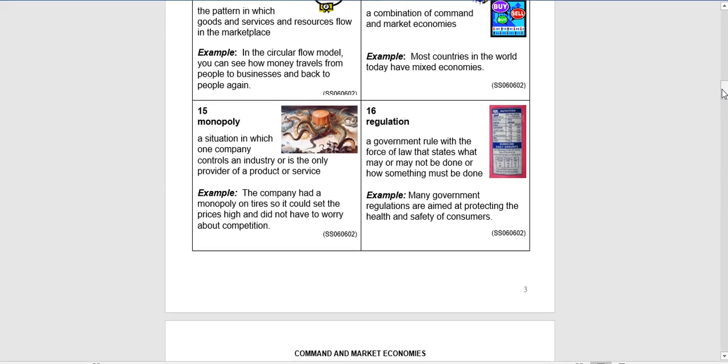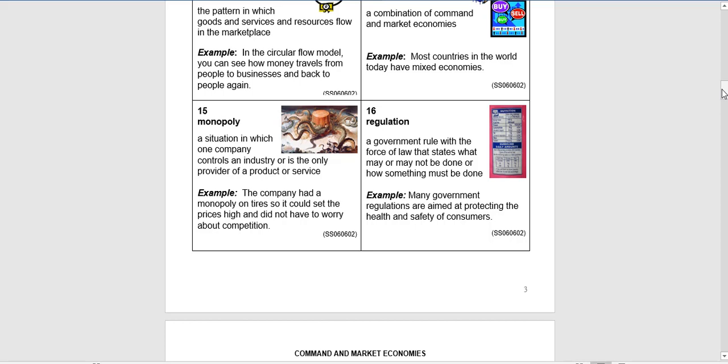15, monopoly. Not just a game. A situation in which one company controls an industry or is the only provider of a product or service. Example, the company had a monopoly on tires, so it could set the prices high and did not have to worry about competition. So think about the game really quick. If you've played Monopoly, you're trying to buy as many parts of the board as you can. And so if you own the whole board and you have hotels on everything, well, then everyone's got to pay you a bunch of money. Same thing here. In the real economic world, monopoly is where a company or corporation controls every part of the